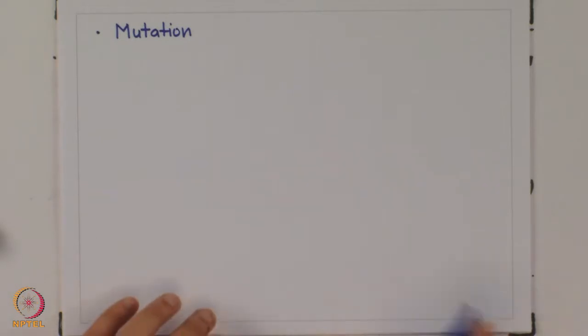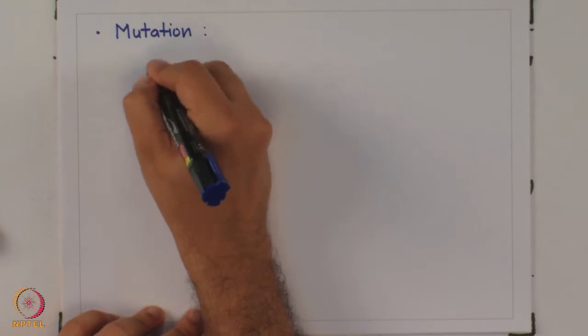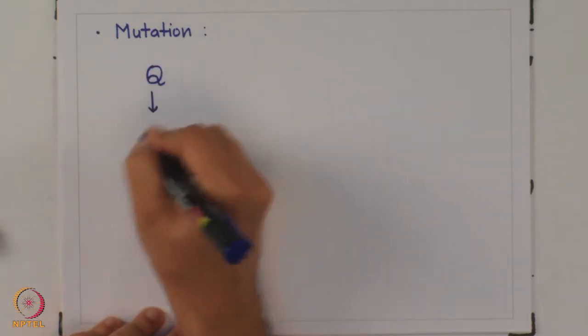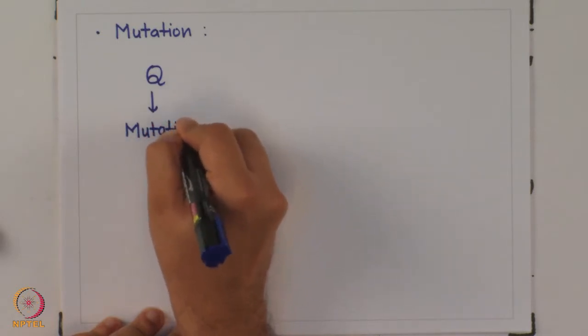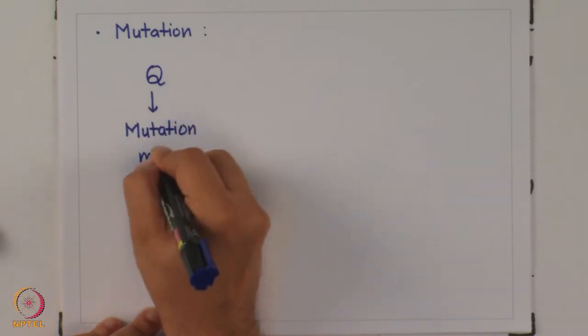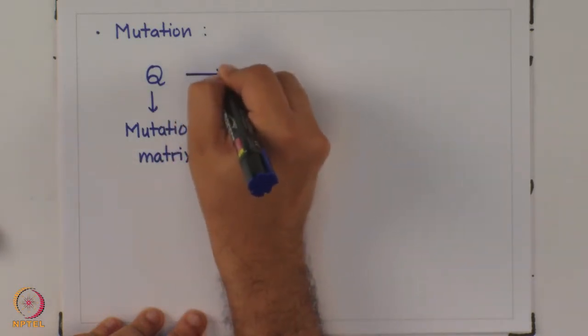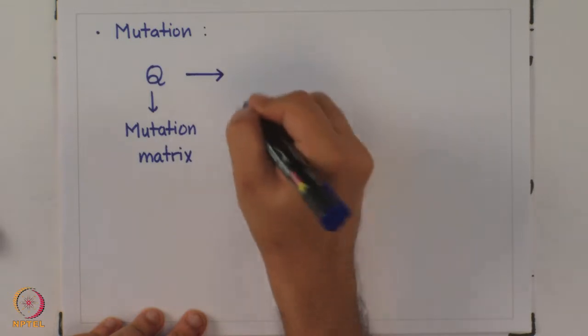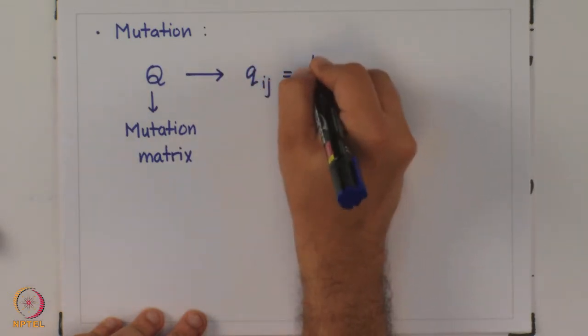So, we have mutation taking place and mutation rates are defined by the mutation matrix that we have been defining in the last few lectures. So, this is my matrix Q, which is called the mutation matrix, and its elements Qij is equal to the probability